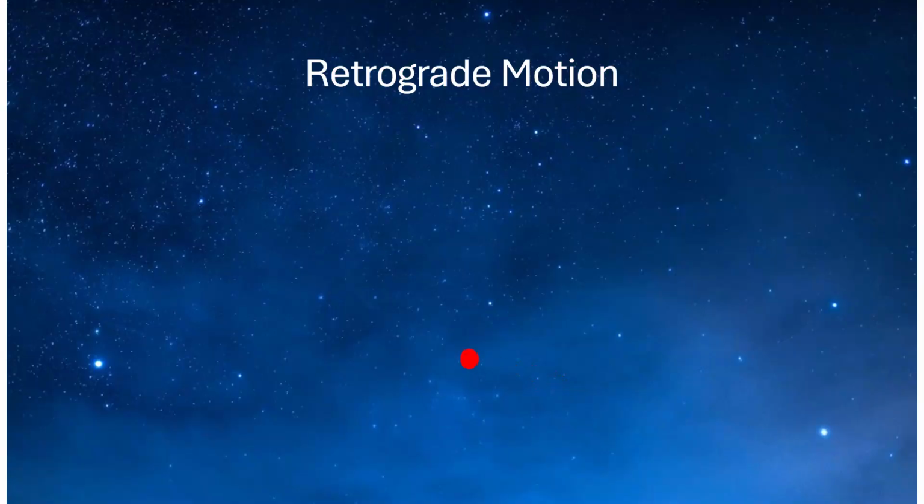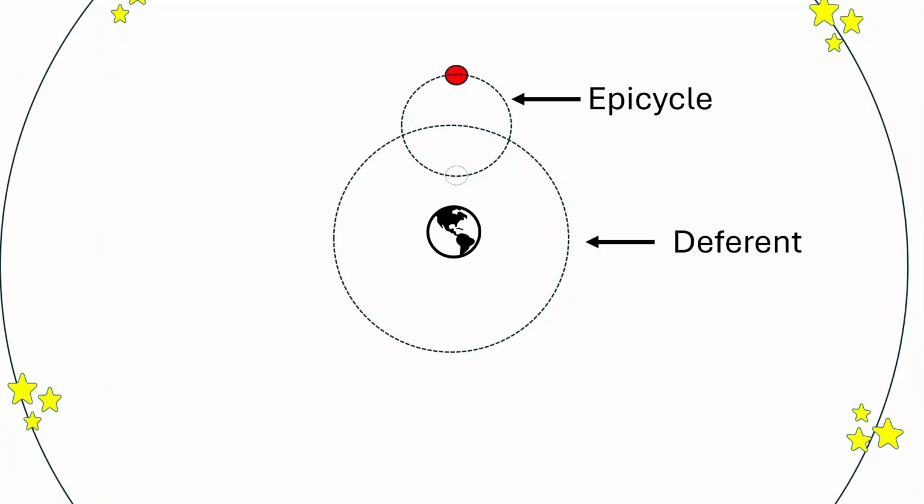Okay, so back to our story. In our previous episode, we referred to the retrograde motion of planets. This refers to the way that planets, which normally appear to shift slightly to the east every night relative to the fixed stars, will start to shift to the west a little bit every night relative to the fixed stars. So, if we were to watch a planet over a period of nights in the southern sky, its motion might look something like this.